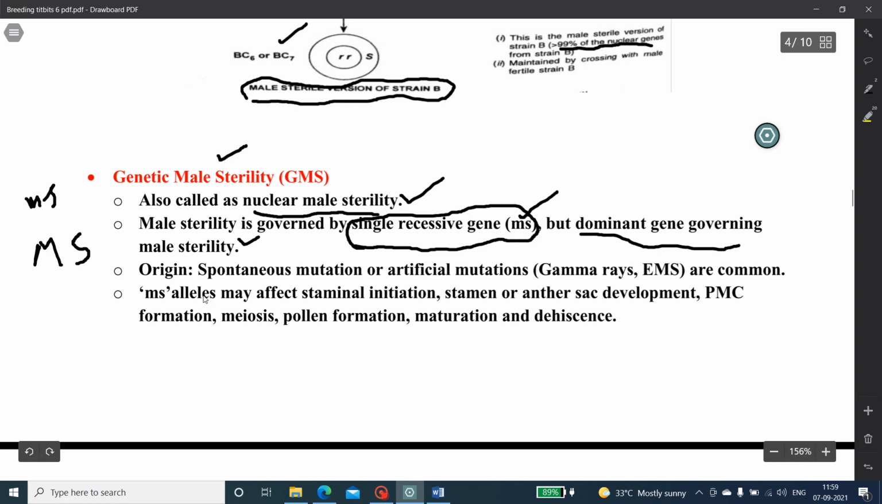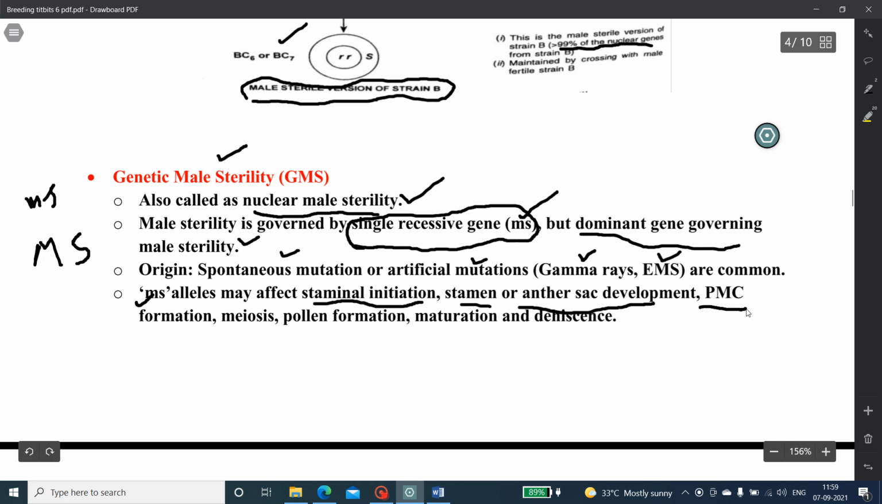And the origin may be spontaneous mutation or artificial mutation. By artificial mutation you give gamma rays or EMS, that's a chemical, ethyl methane sulfonate. These chemicals are common in creating genetic male sterility. The ms alleles, that is the recessive alleles, will have a major influence on